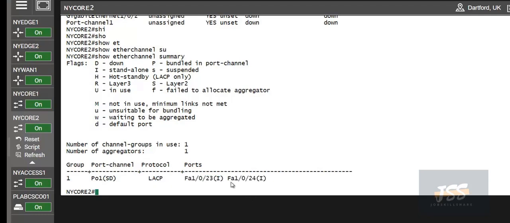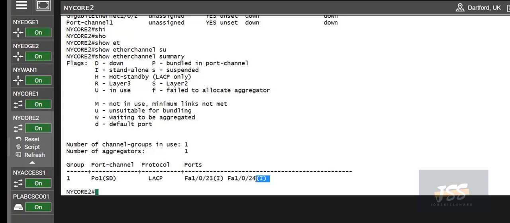So one tip is, if you see P over here on both the interfaces, which means bundled in port channel, then it will be the expected output that this port channel or bundling is operational and working. Right now it is not.